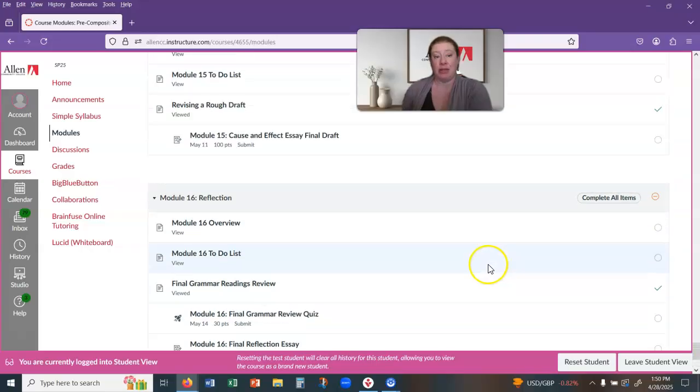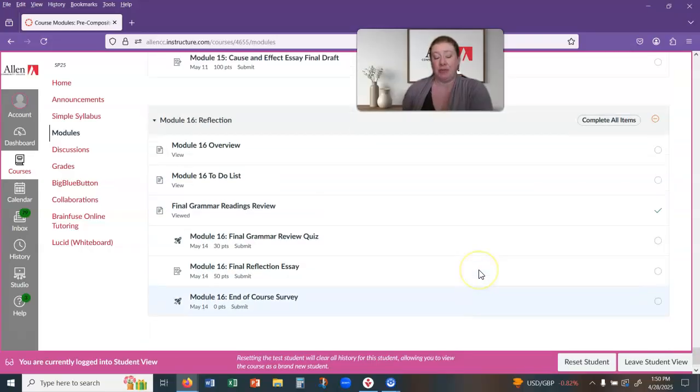It will be open at the same time as Module 15, so you have plenty of time to work on it. If you have any questions as you are completing these